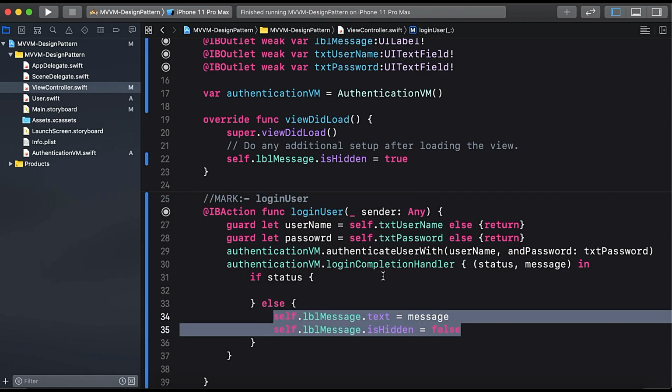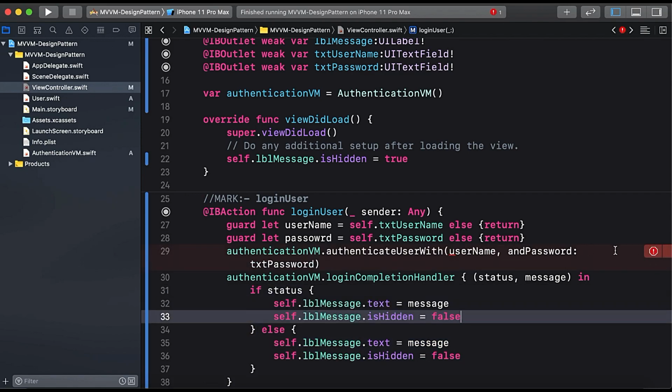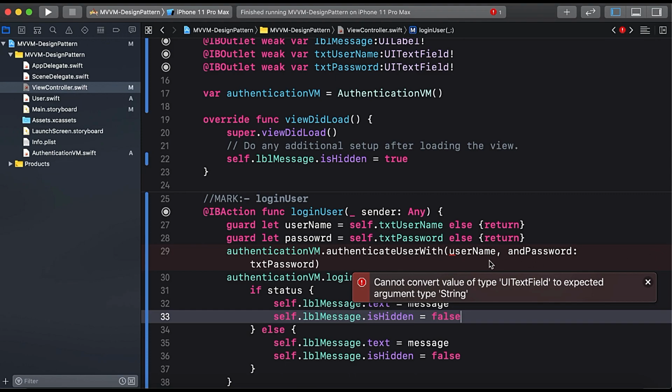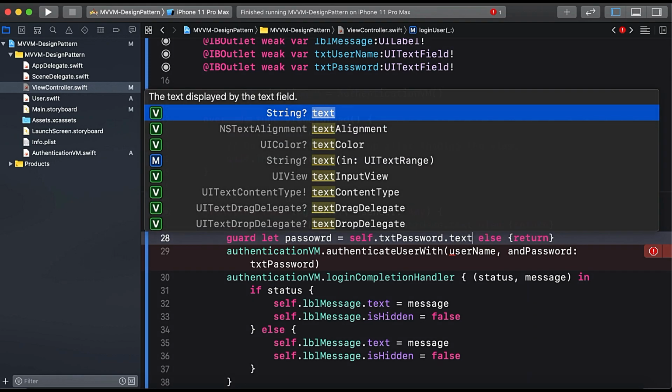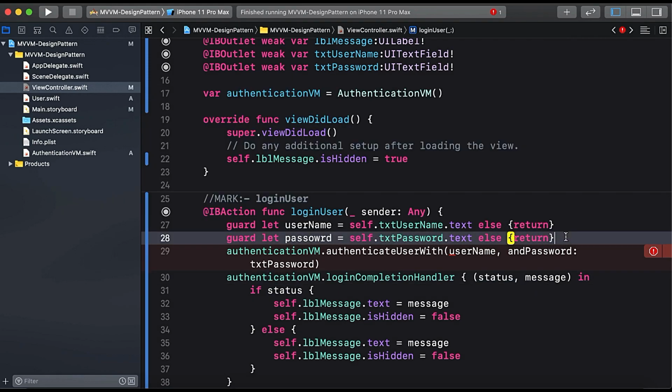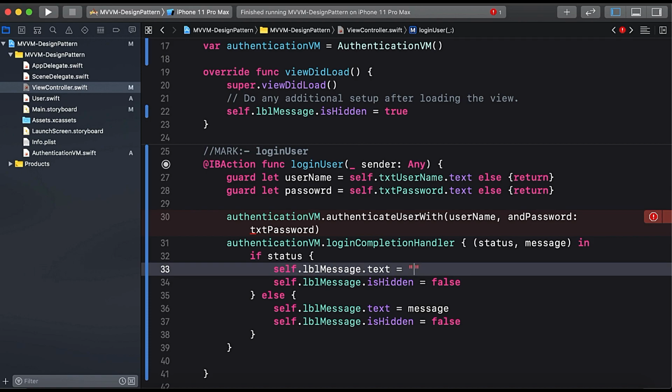Similarly we will do this for the text. And here similarly we will do it in the false case, but here we will print